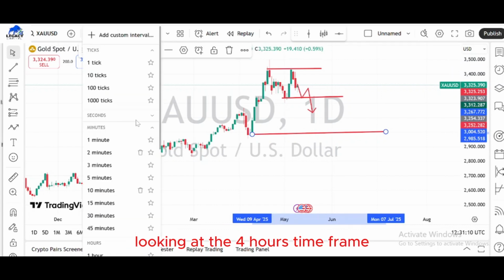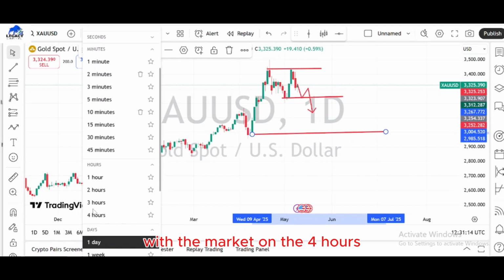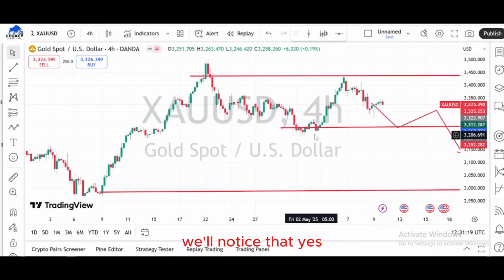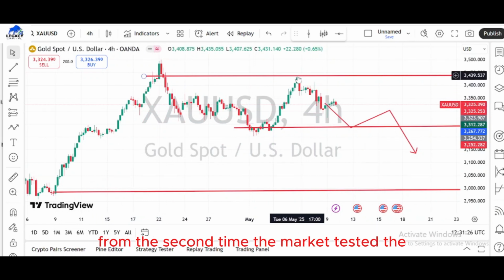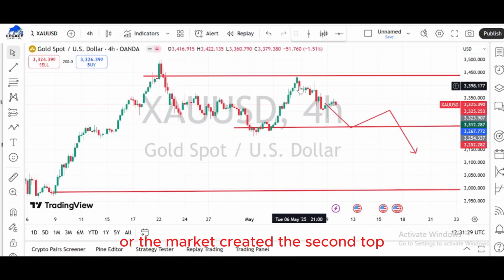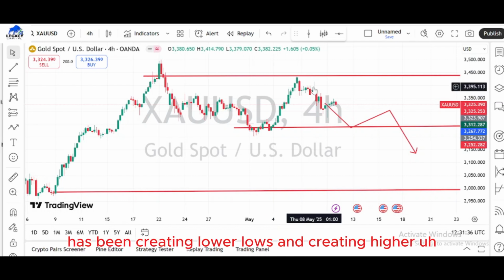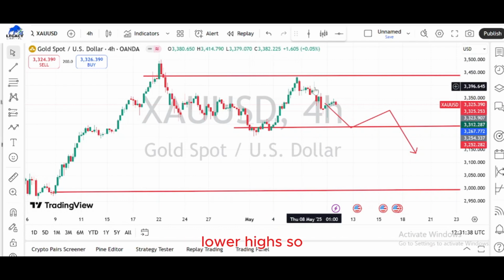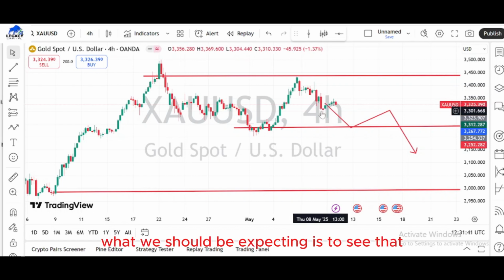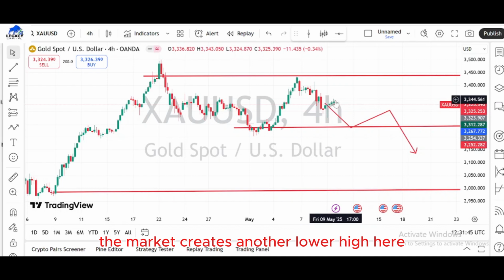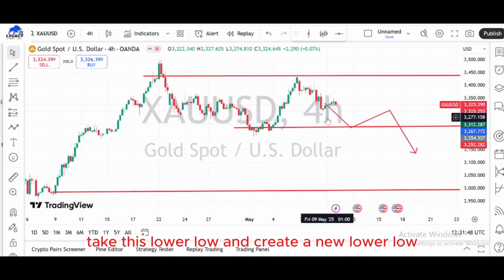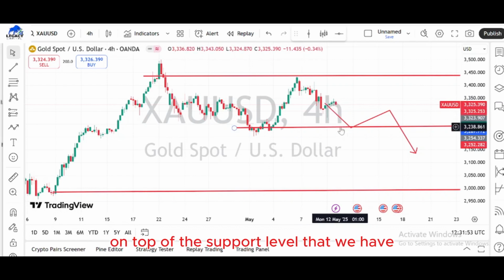Looking at the 4 hour time frame, let's see if we can get a bit of clarity with the market. Onto the 4 hour, we'll notice that yes, the market actually is in a downtrend from this level. From the second time the market tested, it created the second top, and the market has been creating lower lows and lower highs. So what we should be expecting is to see that from this level the market creates another lower high here, drops down, and of course takes this lower low and creates a new lower low